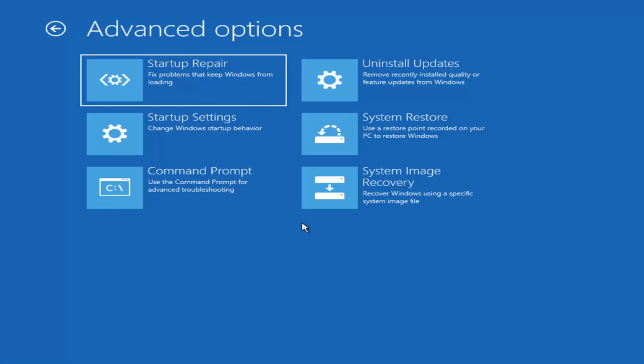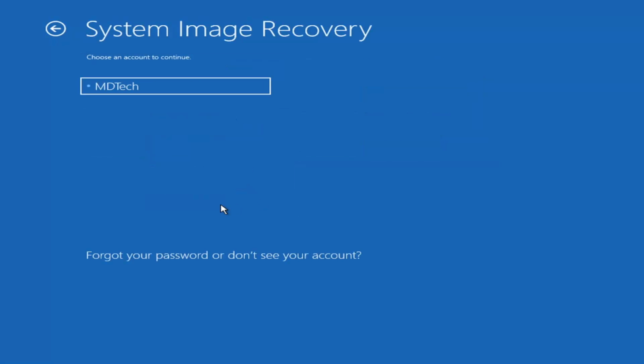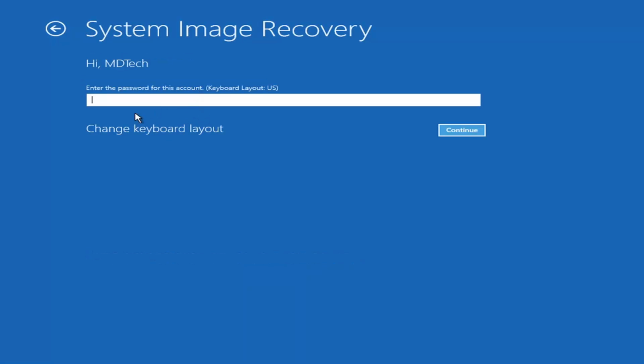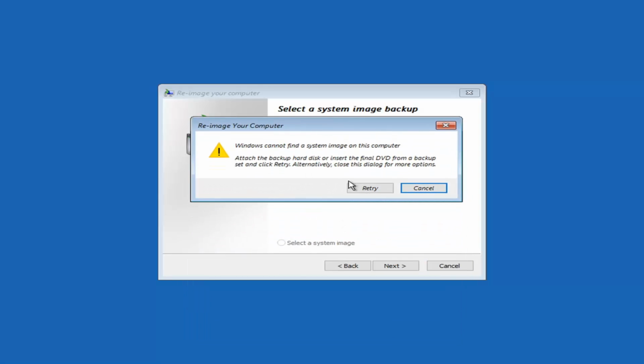Another thing too, you can try the system image recovery option, which if you have a saved CD or DVD of a backup, you're welcome to do that. It's more common if you had an older version of Windows, like the Windows 7 backup and recovery option. Not as common, most of you probably don't actually have that here, but I will just go ahead and type it in, select continue. Actually, I think I don't even have a password on here. And anyway, you can see there's no system image on this computer, and if you had a backup DVD or some other external hard drive that you can connect to, you could do that through here